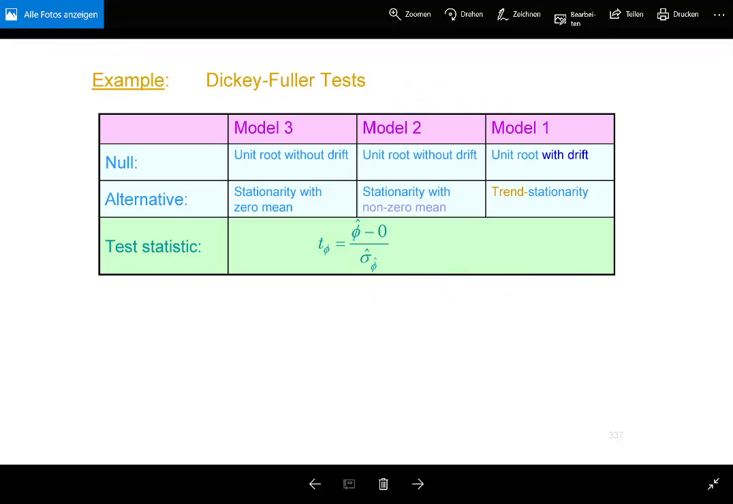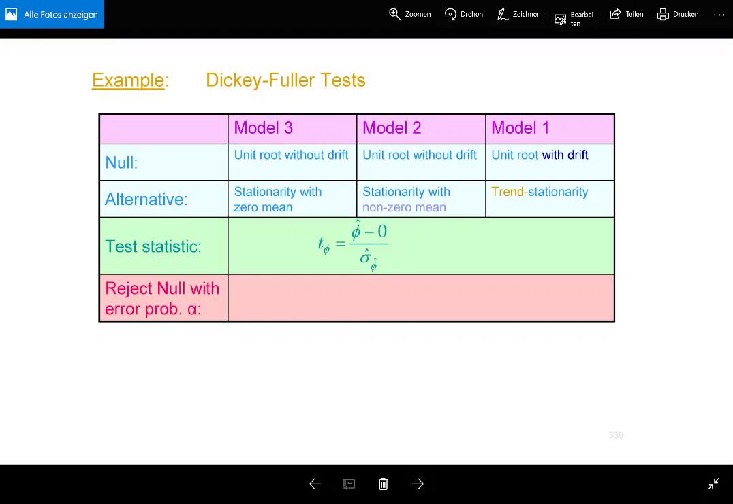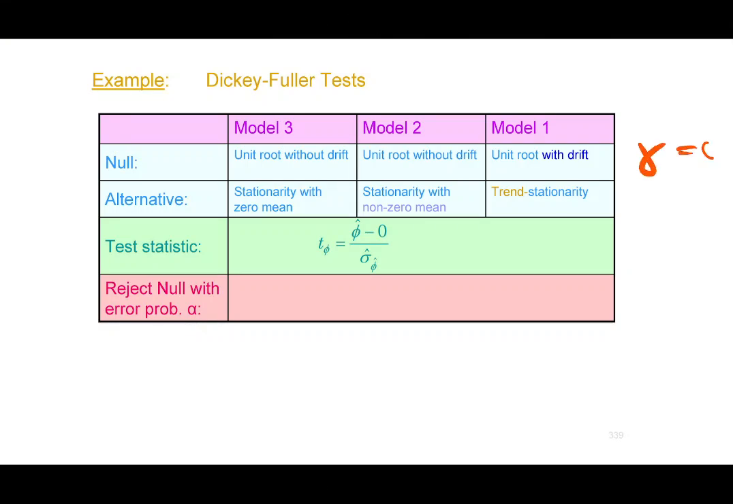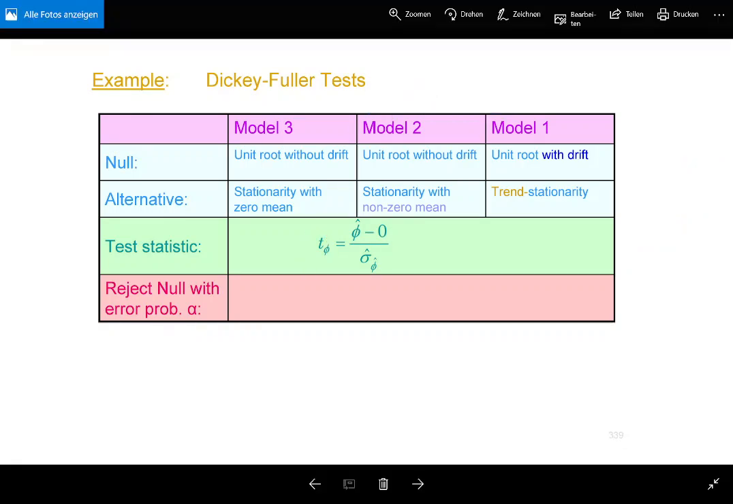Then we reject the null hypothesis if, and that's it. This is a one-sided test, guys, because the null hypothesis always says that phi is equal to 0, and the alternative says that phi is less than 0. You might remember that. So that is a one-sided test, and actually a left-sided one. You reject the null hypothesis if the test statistic is less than the corresponding quantile